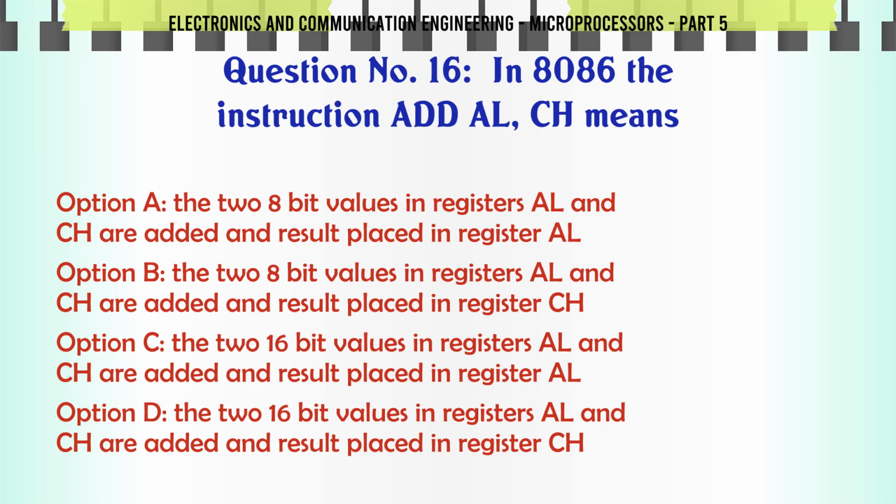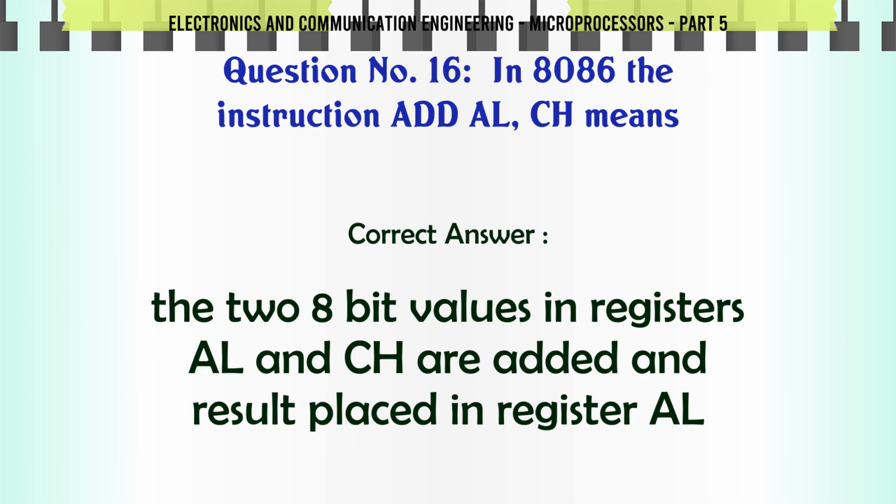C. The two 16-bit values in registers L and CH are added and result placed in register L. D. The two 16-bit values in registers L and CH are added and result placed in register CH. The correct answer is the two 8-bit values in registers L and CH are added and result placed in register